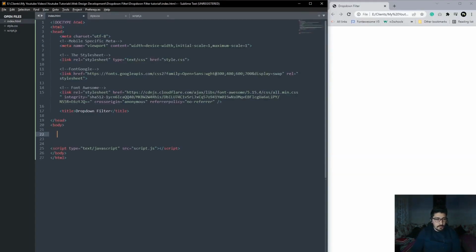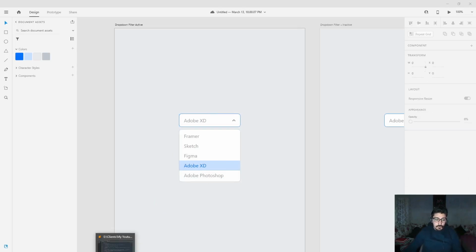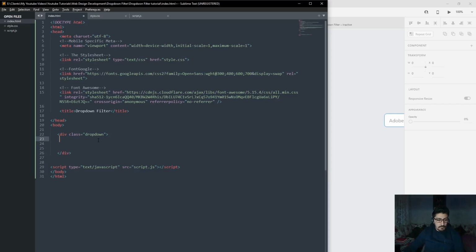So let's start. We're gonna have the div section, called dropdown, okay, which is all the content. Okay, let's go back to index HTML, and